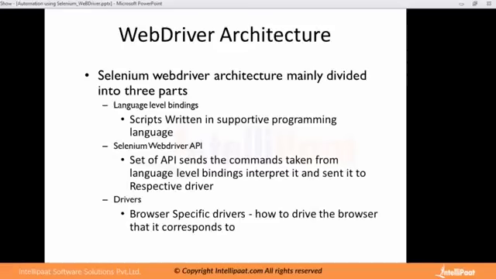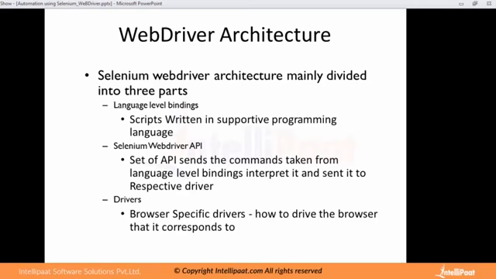In WebDriver, for each browser, there will be separate driver components available. So to execute your test cases in a specific browser, you have to download and set up the particular driver